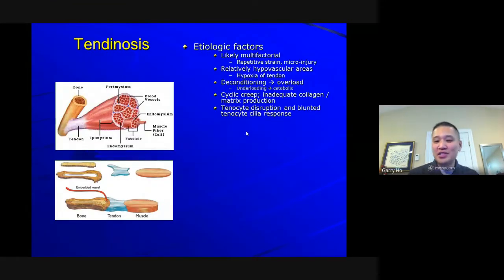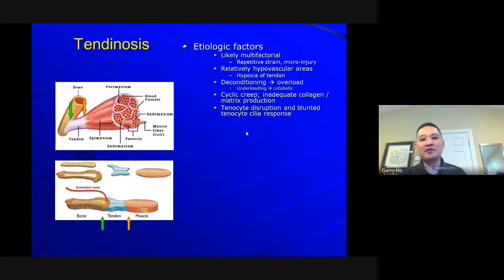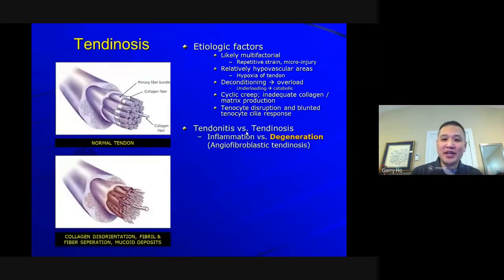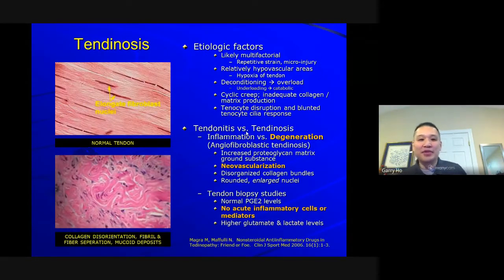So, Dr. Hosopo has gone over this, and I won't spend too much on this, but this is just to remind us that tendinosis, or degenerative tendinopathy, is a lot of different things, okay? And it's often taught that it's very different from tendinitis in that you have this kind of degenerative infiltrate rather than a classic chemical inflammatory infiltrate. So here again, you've got a histological slide, H&E staining of a normal tendon above with the degenerative